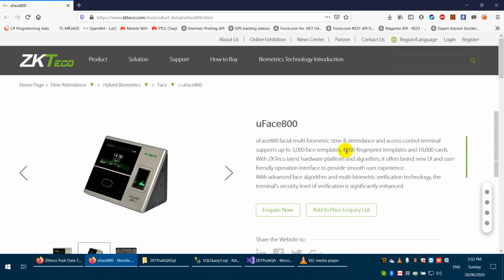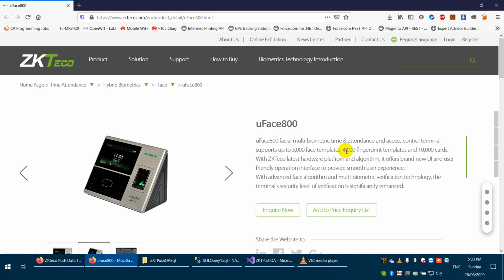In push protocol, the device acts as a client. This can be installed at any remote location, and it will need internet access. Actually it can work on the local network as well and on the internet also. So what the device will do is, whenever there is any event, for example someone checks in or checks out using fingerprint or face recognition, this data will be sent to the server. For this to work on the server, there must be an application that receives this data and processes it and saves it to the database or whatever.